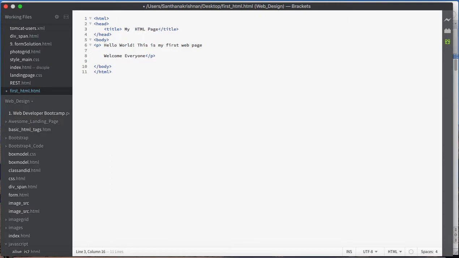In the body part I have two lines. Let's look at the output and how the browser renders it, because I have given hello world, this is my first page in one line, followed by one line feed and welcome everyone. So let's see how this is rendered by the browser.